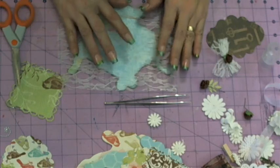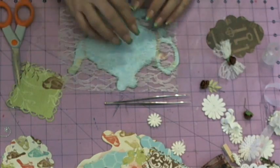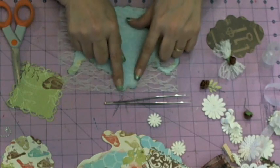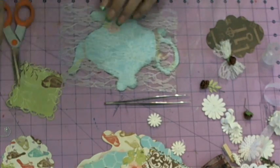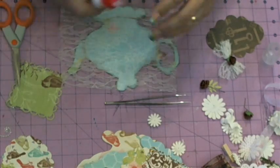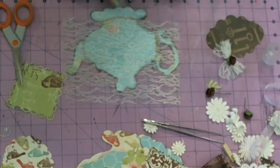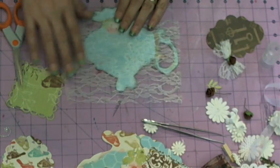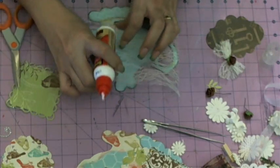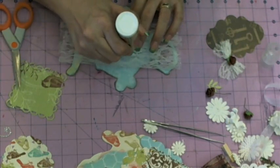The only way that I would is if I wasn't going to put anything in the center and I just wanted it laced like that, but mainly up on the handle and the bottom would be a good place to do that. Now I don't think I want to go all the way to the bottom. I'm going to leave this blank, so I'm going to start up here. So I'm just going to tack it in some places, mainly where